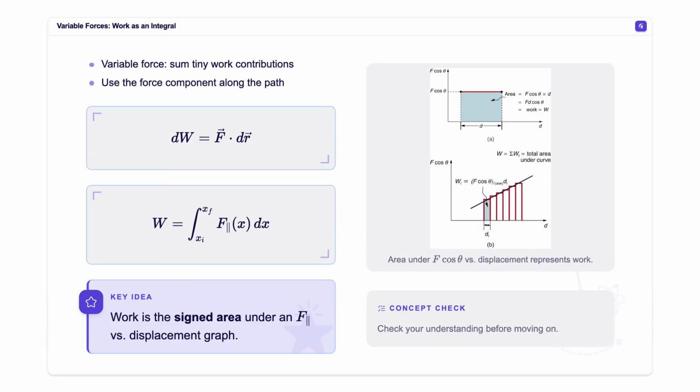So the big takeaway is that variable force work is an accumulation. Tiny dot products along the path, or in one dimension, signed area under the force versus position curve. Next, we will use this work idea to sort out a special kind of force. Some forces have a special shortcut built in. For a conservative force, the work can be found from just the starting and ending configurations, without tracking every tiny